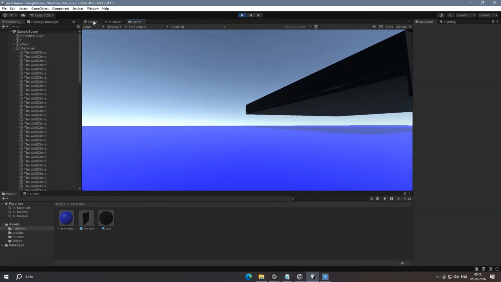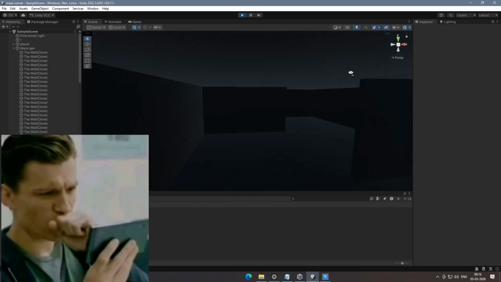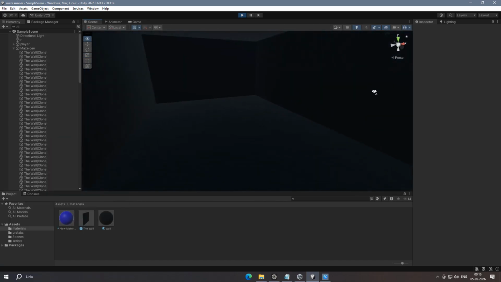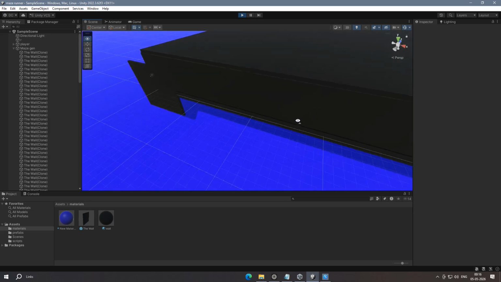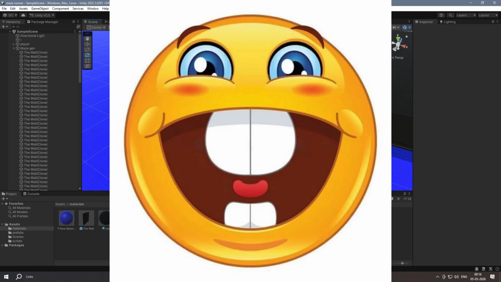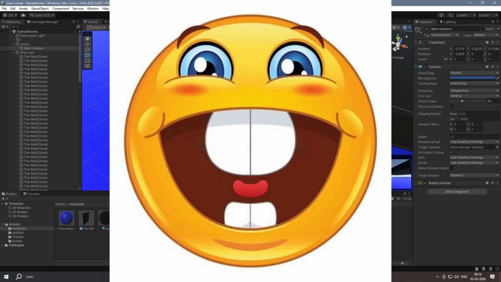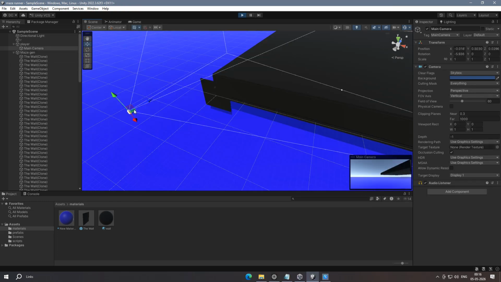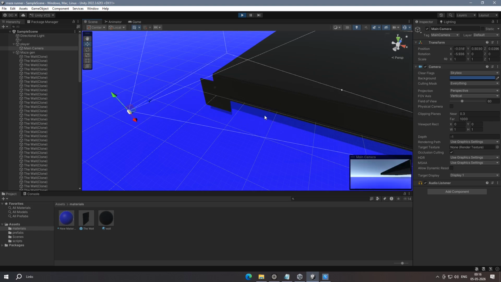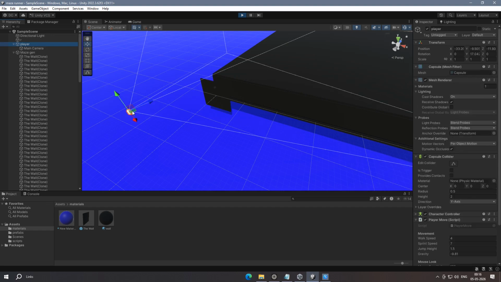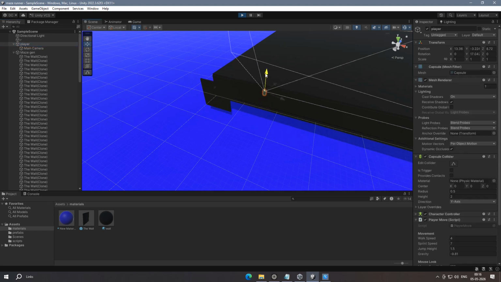Okay, that already looks better. Yes, this is so much better. Oh my god, I think I did it. I did it. Wait, what the fuck? I did it